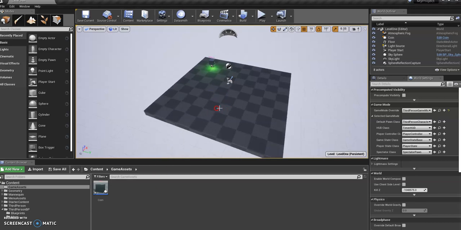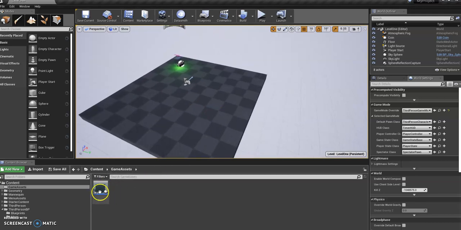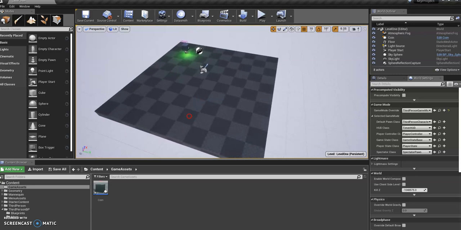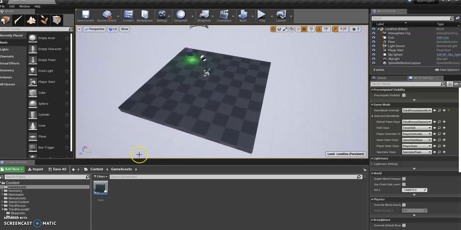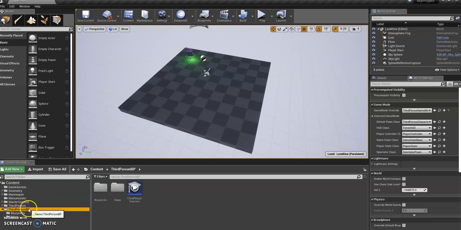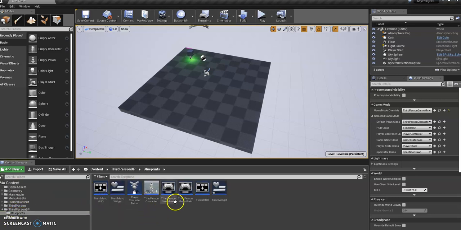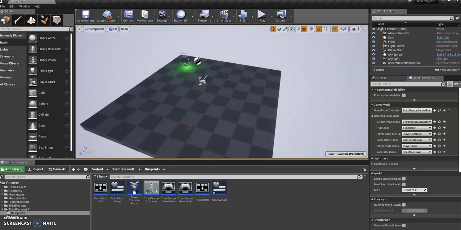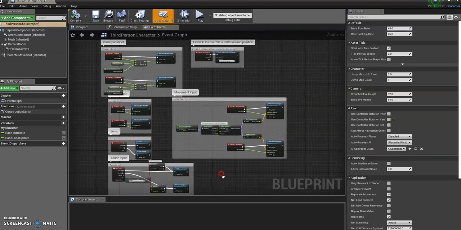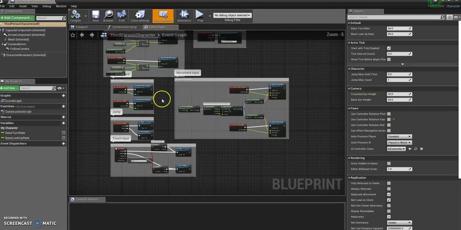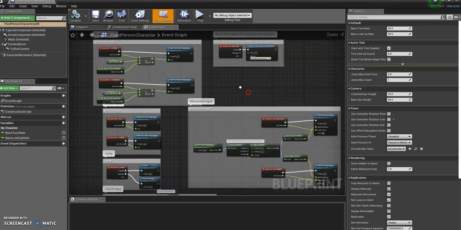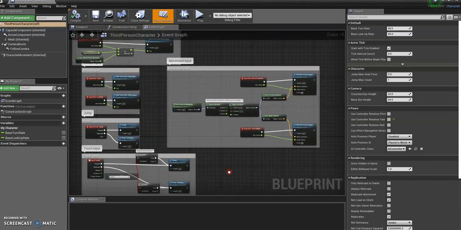Okay, so hopefully you've just spent some time making the pickup object the way you want it. Now we're going to make it actually do something. So I'm going to come back to, first of all, our blueprints. That's what we want to sort our mechanics out with. So the first thing we're going to do is go into the blueprints for the third person character. Okay, if you haven't accessed this before, it's just got all of this stuff already in it for controlling